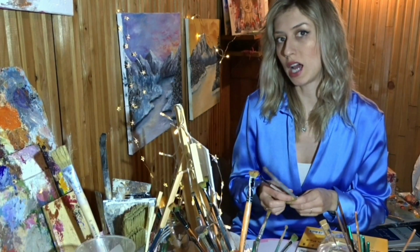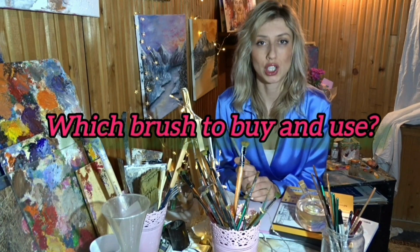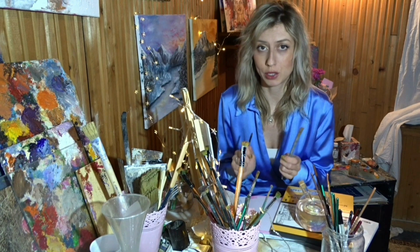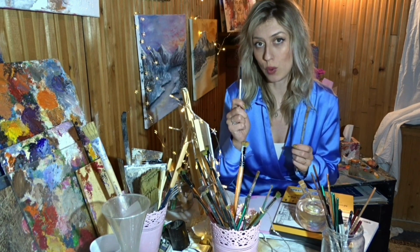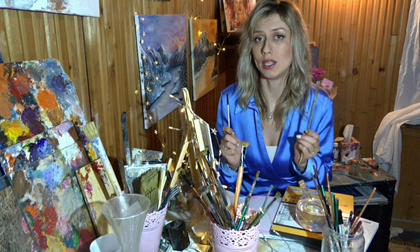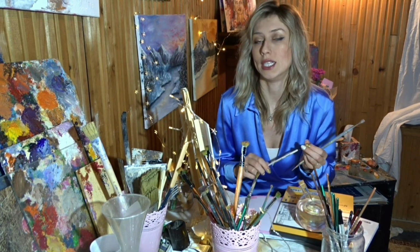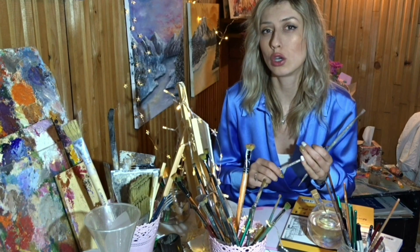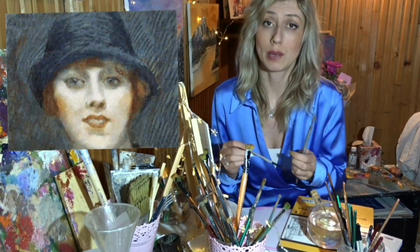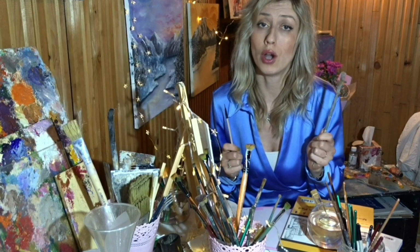First question that comes to our mind is which brushes to buy. On the market there are basically two different types of brushes. You have these synthetic ones and you have these firm bristle ones. The difference between the two of them depends on your taste. So what do you plan to accomplish with your paintings? What kind of brush strokes do you like? Do you like more blended ones or do you like more stiff ones where you can really see the colors,